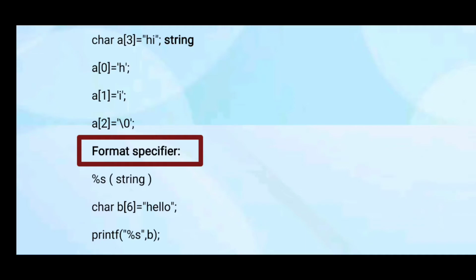But the problem with the printf and scanf functions for strings is, while getting the input in the scanf function, if it finds a null character, that is space or nothing, then it will stop reading the input. After the space or null character, it won't get the input. In the printf function also, it won't print after the null character. So this is one of the disadvantages of getting the input and printing the output by using the scanf and printf functions.